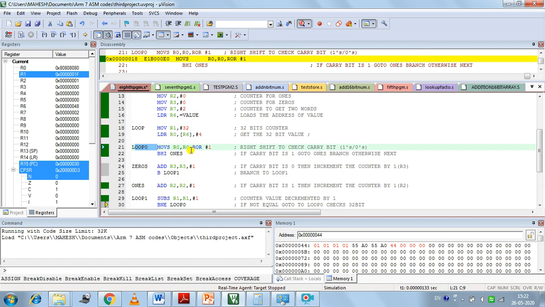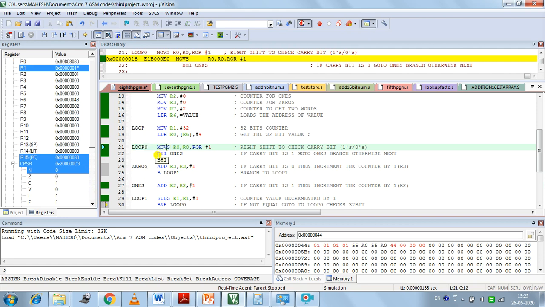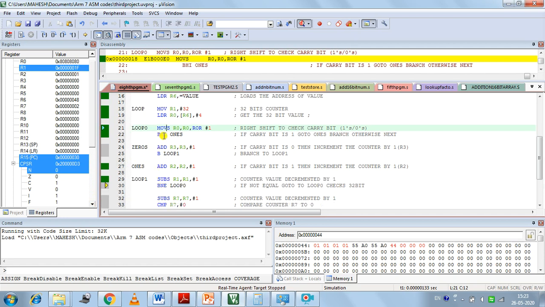In this loop 0, once again the ROR operation takes place. Once again you have to shift the 32-bit number right by 1 bit, and again check the carry flag condition. If this instruction results in the carry flag being set, then it increments the ones counter. If the carry flag is not set here, then it is decrementing the counter.